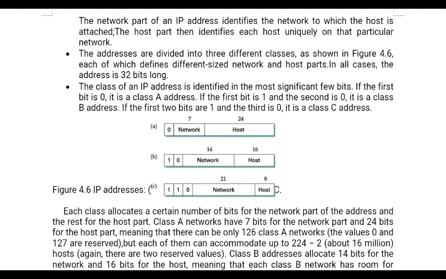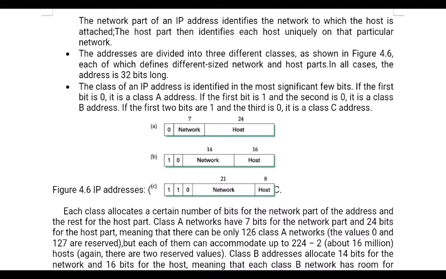So here one byte is reserved for the host, that is from all 0s. If you are setting it as all 1s, what is the number you are going to get? The maximum is 256. It means that you are able to connect up to 256. Out of that, one is reserved, so we are able to connect 0 to 255. So in each network we can connect up to this many computers.